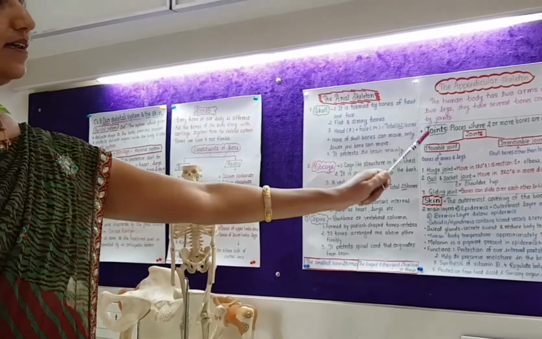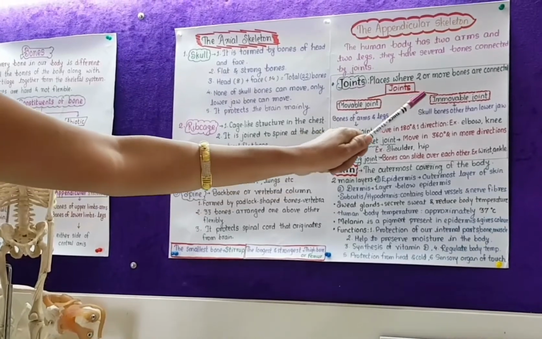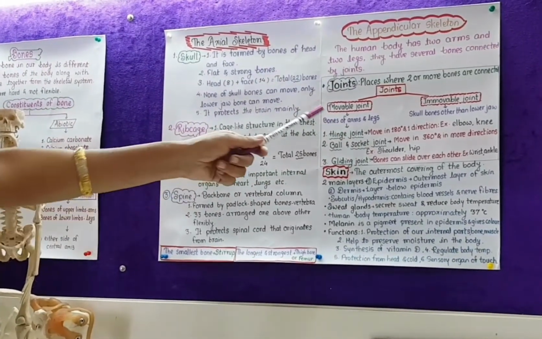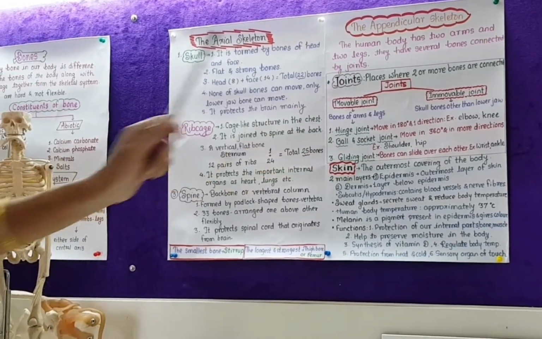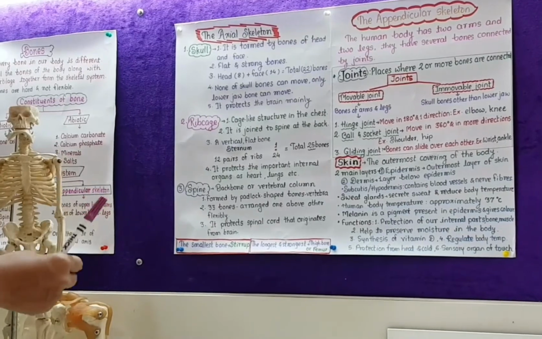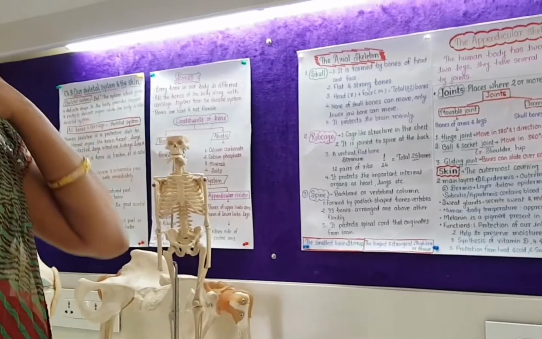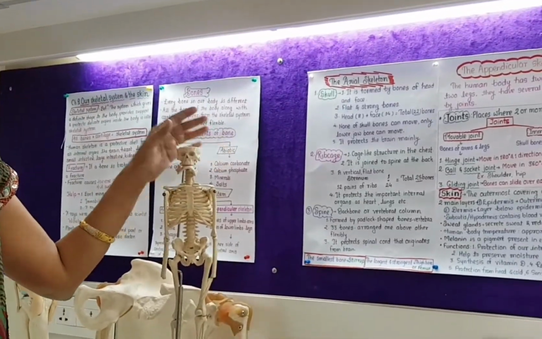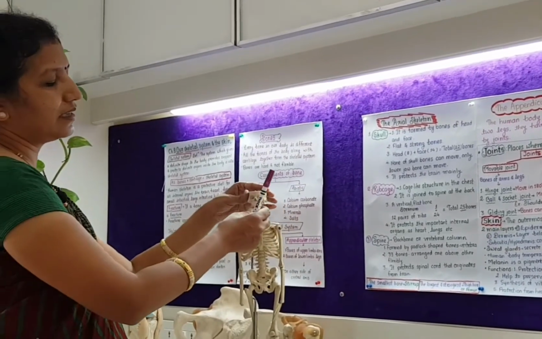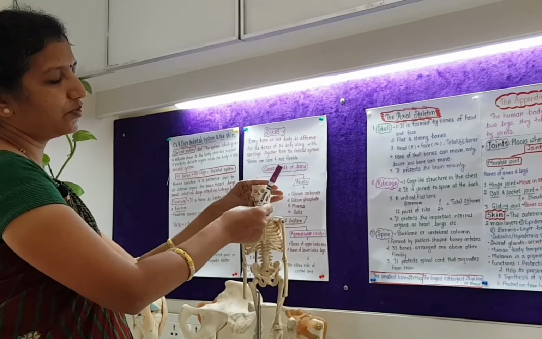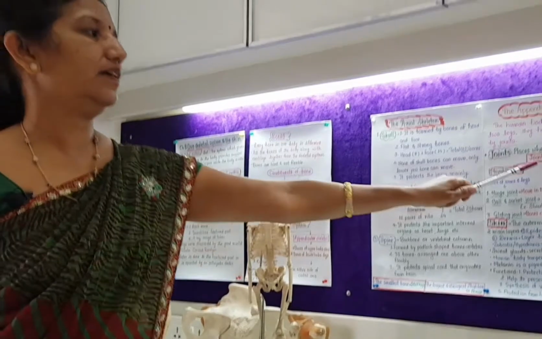Now these joints are divided into two types: movable joint and immovable joint. Bones of arms and legs are included in movable joints. See, they can move, and as per our will we can move these movable joints. And immovable joints are the skull bones other than the lower jaw. These skull bones are immovable other than the lower jaw. Only the lower jaw is movable, but the other bones cannot move.